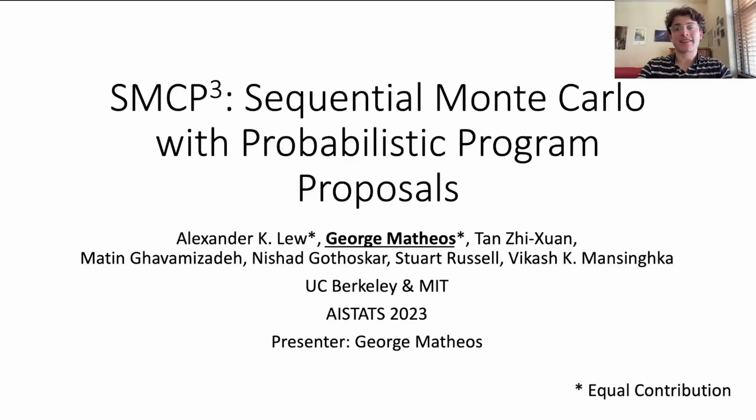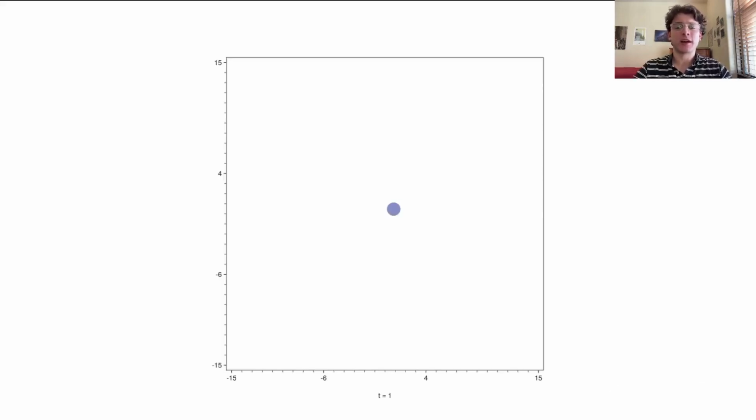This talk is about SMCP3, a new family of algorithms for solving sequential Bayesian inference problems. Let's start with an example. Consider a probabilistic model under which an object moves according to a random walk on the plane, creating trajectories that